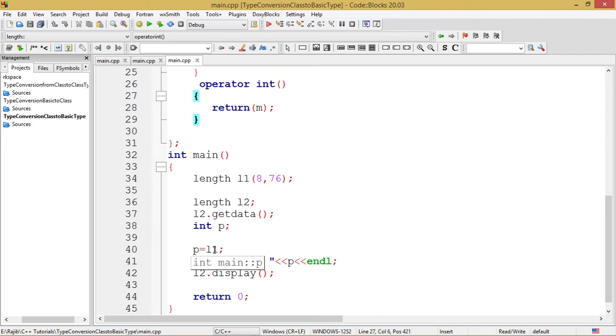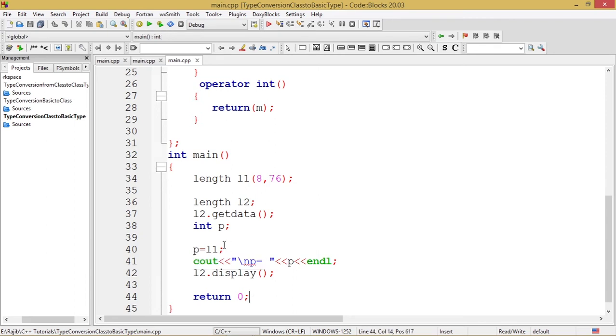So obviously the purpose of type conversion is to convert the right hand side data type to the left hand side data type, and this L1 object is on the right hand side, so this class data type will be converted to the basic data type, which is the purpose of this example program.